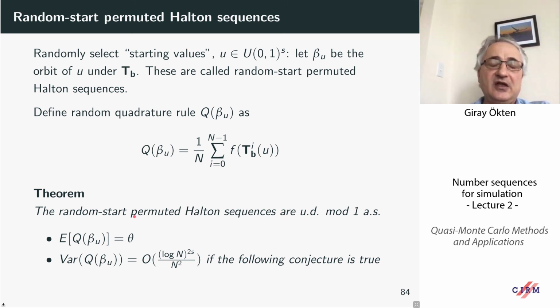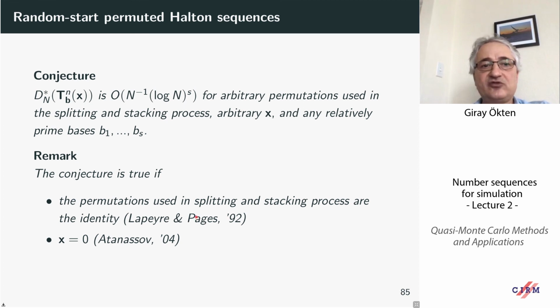Okay, and then it turns out that the expected value of this randomized quadrature rule is theta, as we expected, and its variance satisfies this bound if the following conjecture is true. I will probably not go through this conjecture now, but I will leave it to you if you're interested in